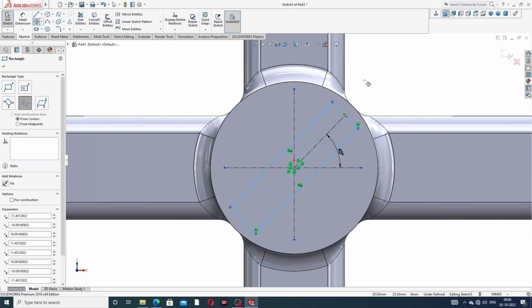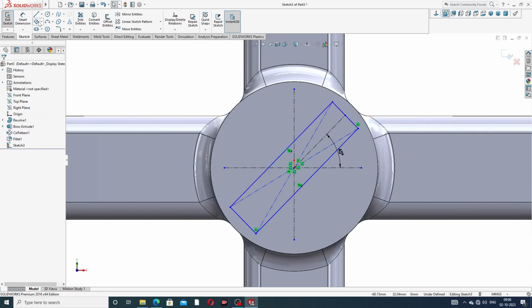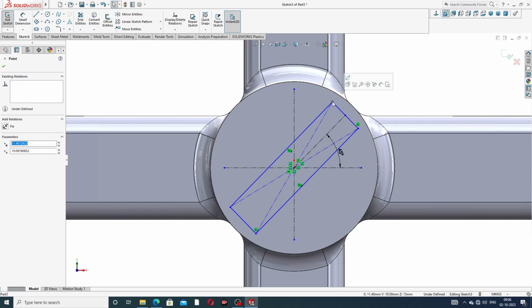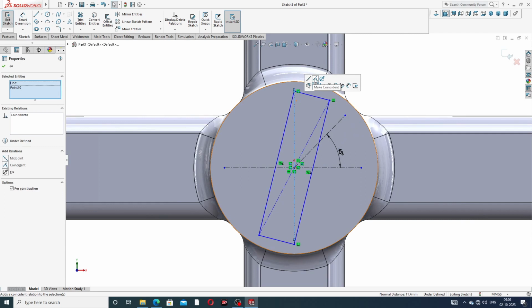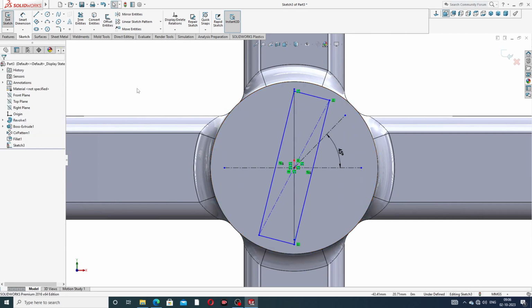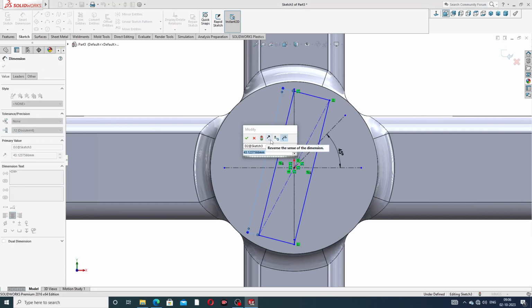Okay, this is a 3 point center rectangle, and select this point and press the control button and select this line. Use coincident. Okay, and this diameter is this length 25 millimeter,